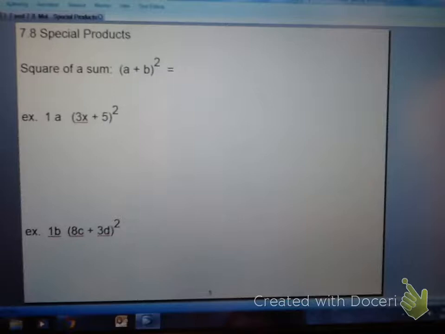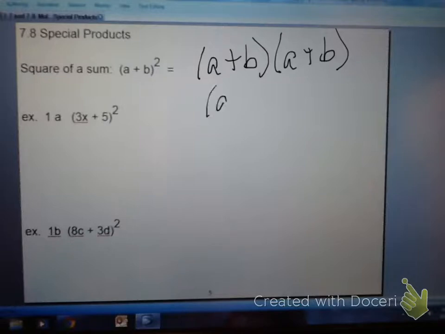Okay, example 7.8 is dealing with special products. Be very careful about this, and if you cannot remember the shortcut, then don't do the shortcut. (a plus b) squared means there's two of those binomials, a plus b times a plus b. You can write it twice and just do the FOIL method. Or the shortcut